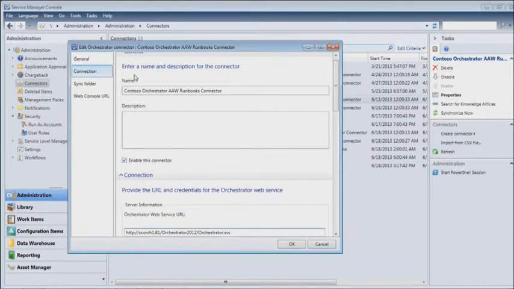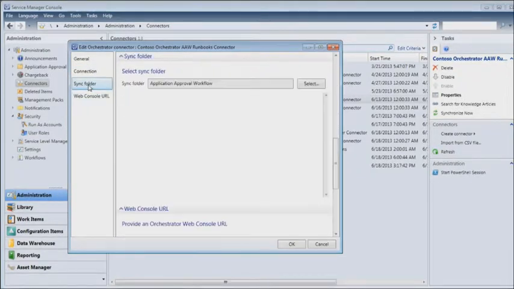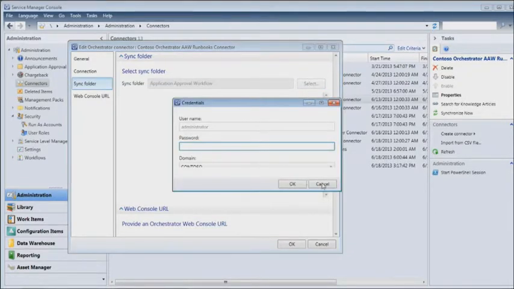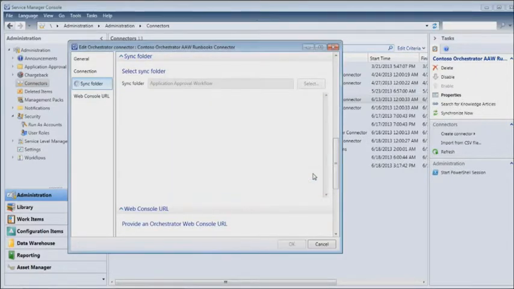They happen to be pretty functionally specific in my environment. I have something like, I don't know, 500 or 600 runbooks in my development environment. I don't want them all in Service Manager. I just want those that are interesting for self-service. So when I configure the sync folder here, I point it to a specific folder that I browse to, and you notice here I'm being prompted for my credentials. I browse to the folder, tell Service Manager where I want it to sync from using the connector, and I get a very tidy subset of runbooks from the self-service area of my Orchestrator install,